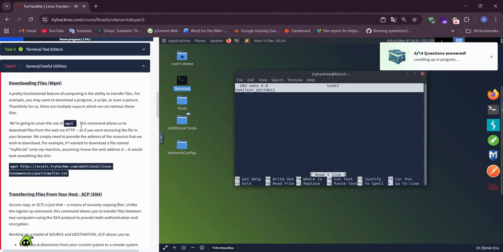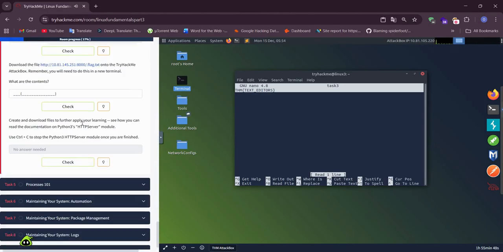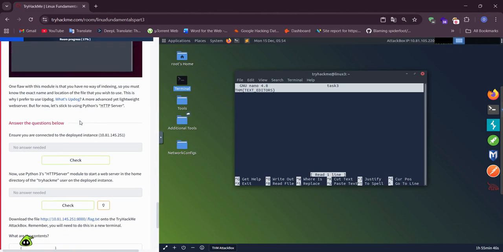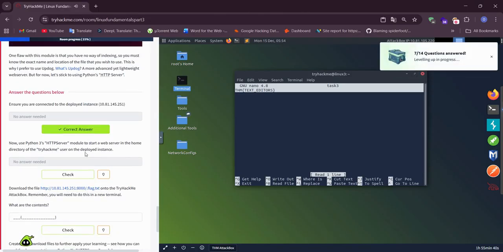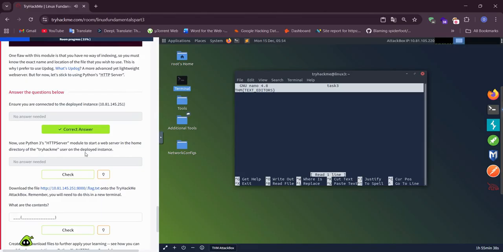General useful utilities. Ensure you are connected to the deployed machine. Now use Python 3's HTTP server module to start a web server in the home directory of the trackme user on the deployed machine.